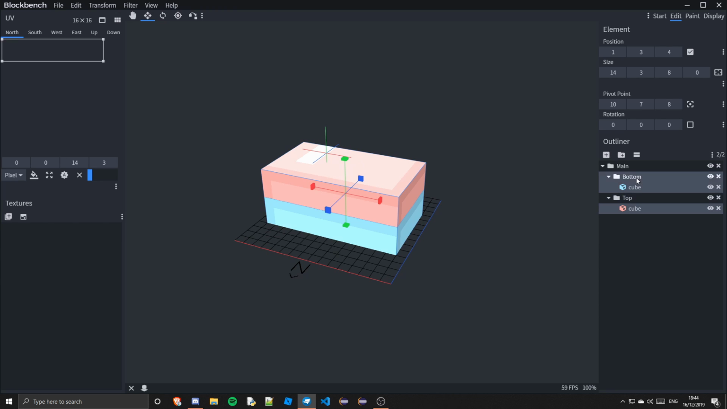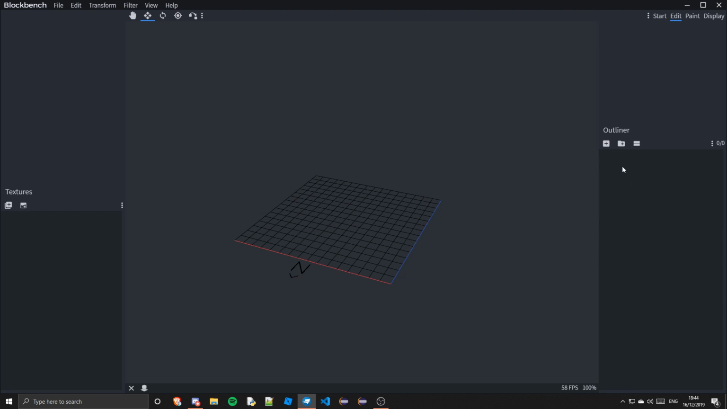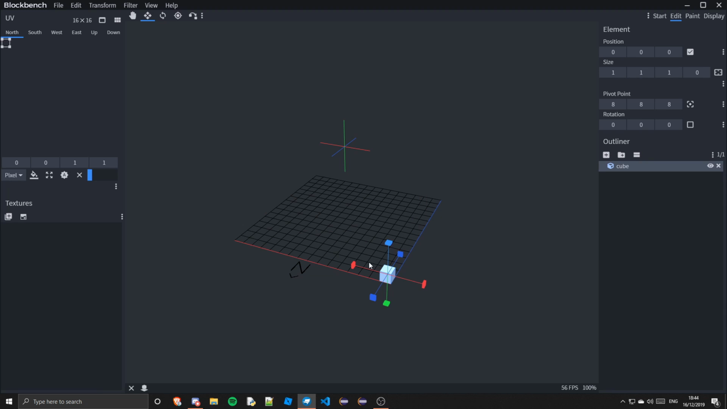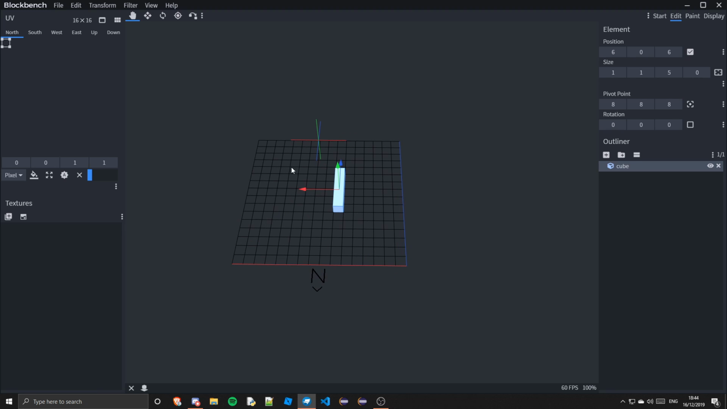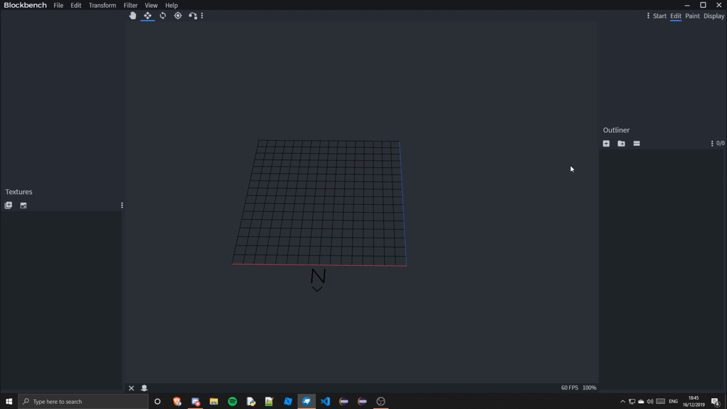But for blocks and items, you don't need groups. It's really not necessary. But if you are making an entity, however, you will probably want a group so that you can do animations, because animations work by group. So let's say this is an entity project. We might want to have